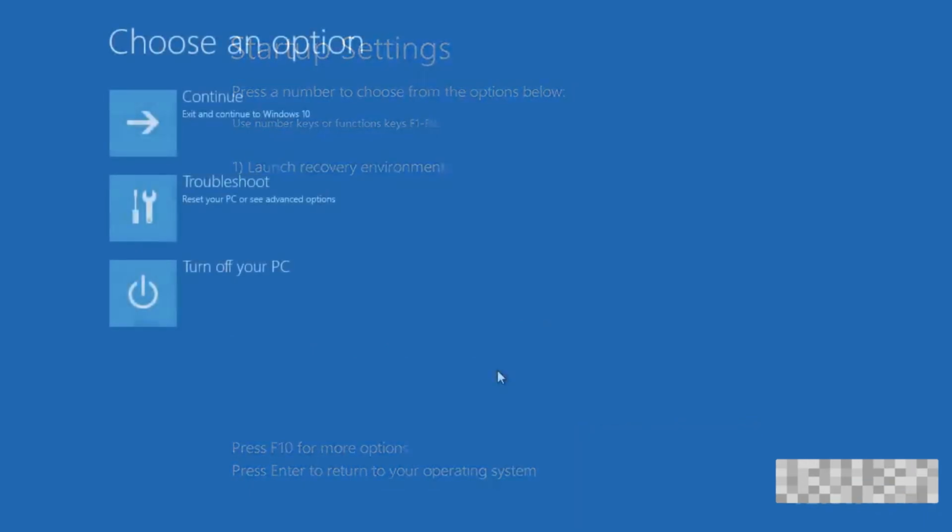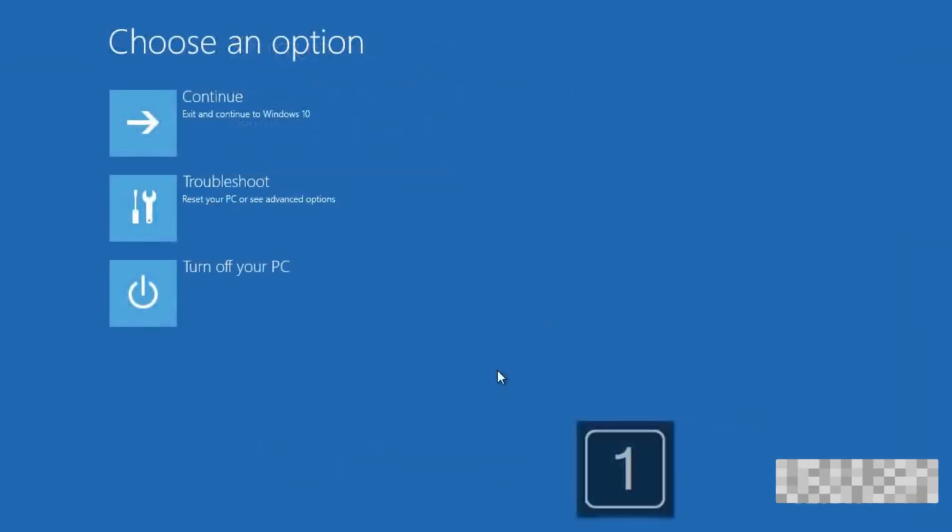So if your PC ever has trouble starting up, use the Advanced Boot menu to troubleshoot, repair,